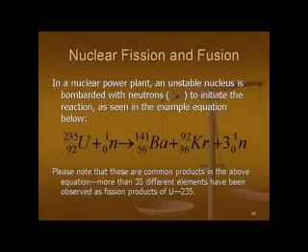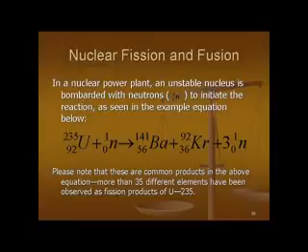Continuing to look at nuclear fission, in a nuclear power plant, an unstable nucleus is bombarded with neutrons. The symbol for a neutron has a mass of 1, so 1. There are no protons, and it's neutral, so there's 0 charge, and then n represents the neutron. A neutron is sent at the nucleus to initiate the reaction, as seen in the sample equation below. So you have uranium-235 (92, 235) plus a neutron